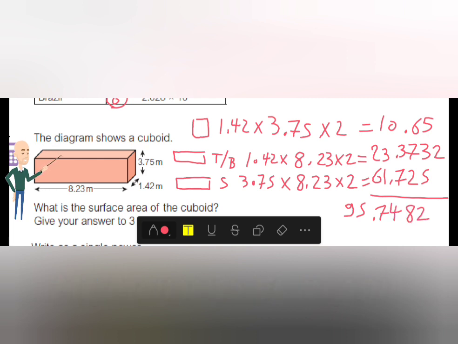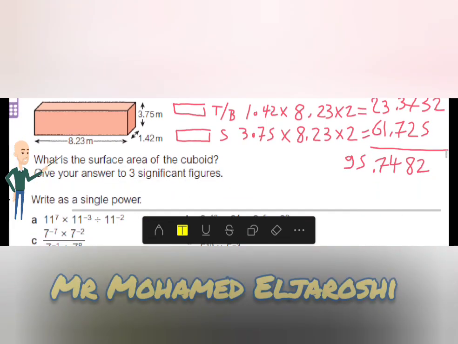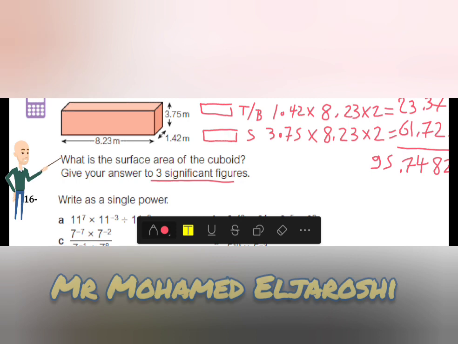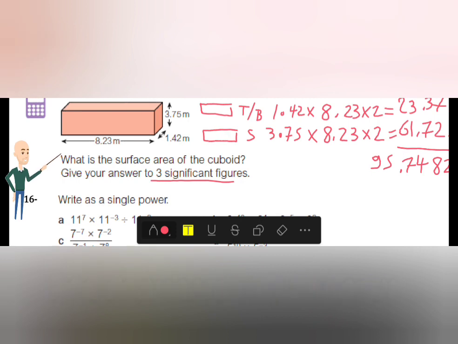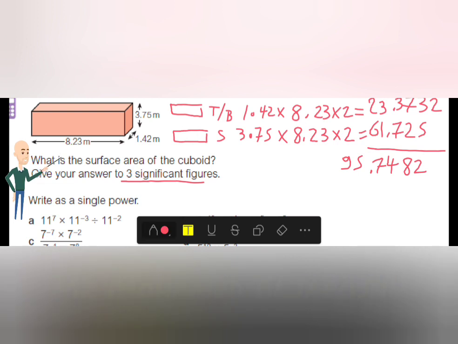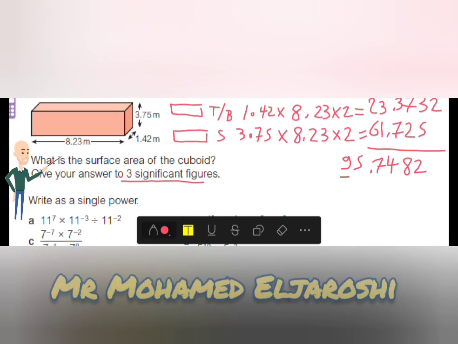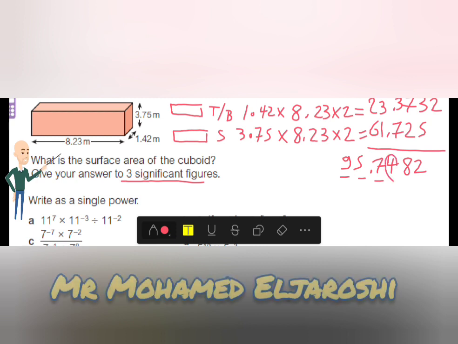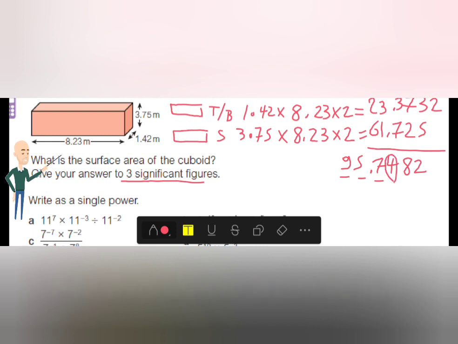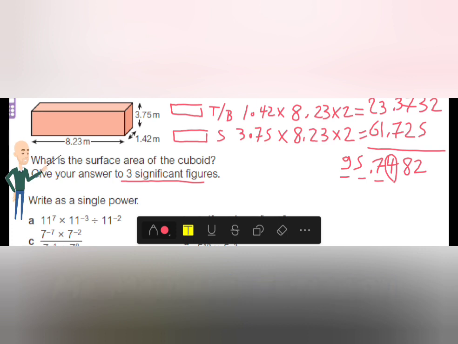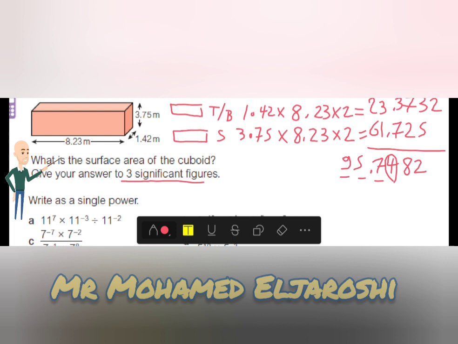95.7482. Now, I wrote the whole answer. After writing the whole answer, I'm going to give a 3 significant figure answer. 3 significant figure means what? It means 3 numbers. So I'm going to count numbers. This is the first one, second one, third one. I look at the one after the third because it's smaller than 5. I'm not going to add anything to the 7. So the answer will be